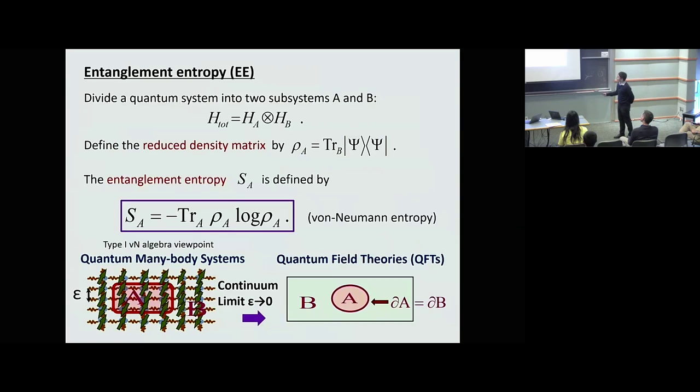And also, we can in principle take the continuum limit, epsilon goes to 0, but of course this is a very subtle issue, and we need von Neumann algebras and so on. But always, in my talk, I'm assuming some UV cutoff epsilon, just using the more traditional way of treating entanglement entropy. So I'm not getting into this von Neumann algebra thing.